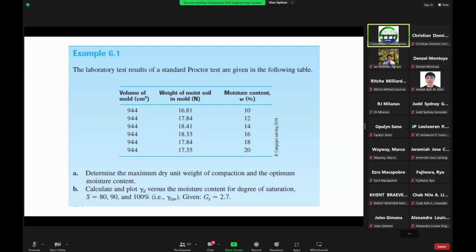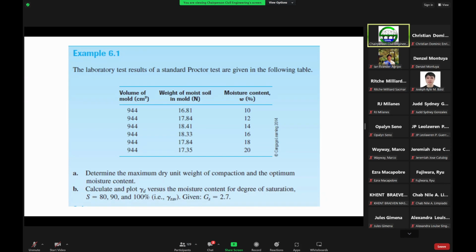Before I go to some examples, do you have any questions or clarifications so far? Again, these examples are just taken from your book, so don't worry about them. For as long as you have the reference book, you can find all these things there. If there are no questions so far, let me proceed. Time check, it's now 8 o'clock.